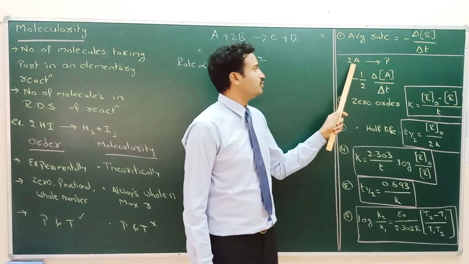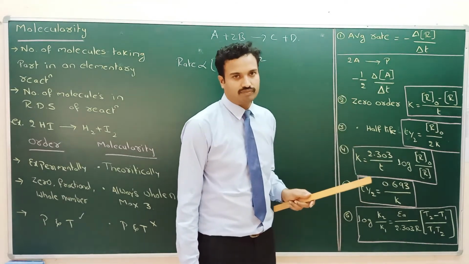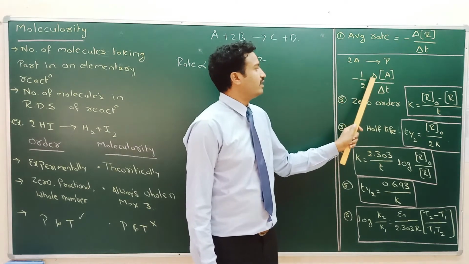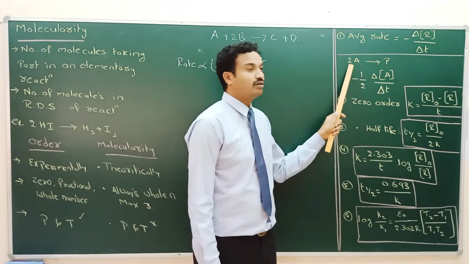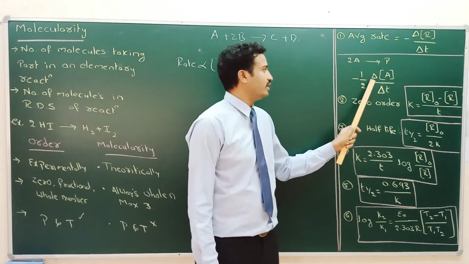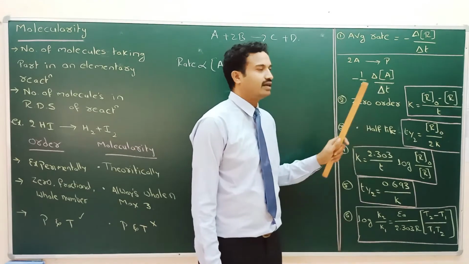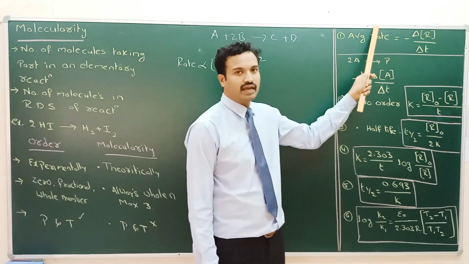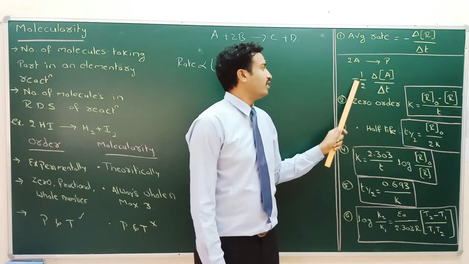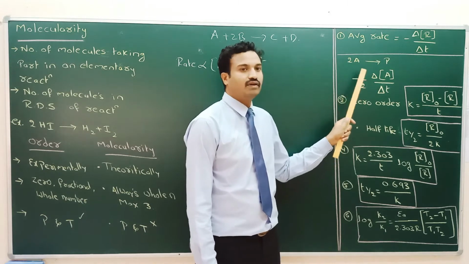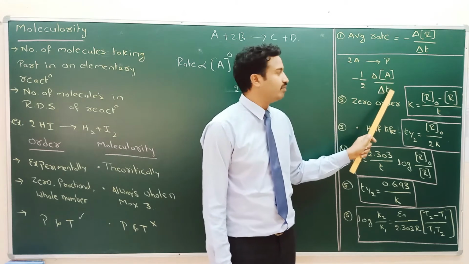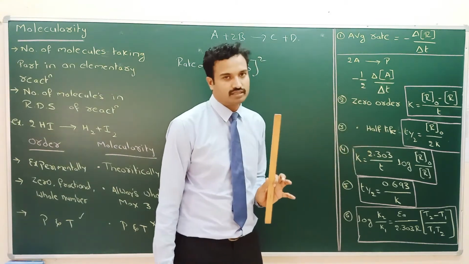If the reaction is 2A gives rise to P, product. Here A is the reactant. So the same, minus delta A by delta T, but the stoichiometric coefficient is 2. So it is minus 1 by 2, delta A, concentration of A by delta T. If the equation is like this with only reactant, minus delta R by delta T. If stoichiometric coefficients are there, minus 1 by 2. If it is 3, minus 1 by 3. If it is 4, minus 1 by 4, delta A, reactant A, by delta T. Based on this, numericals are possible.